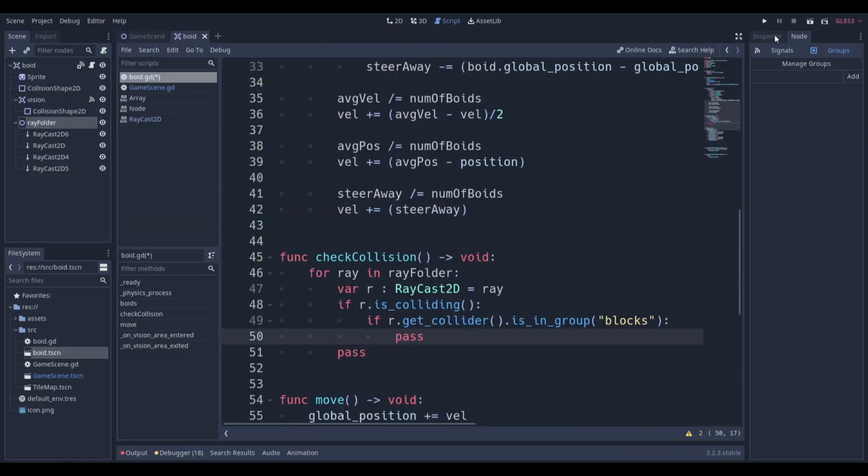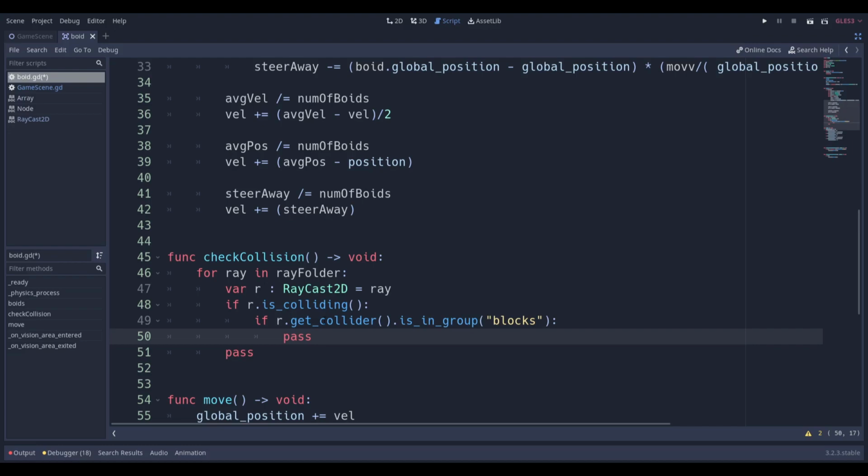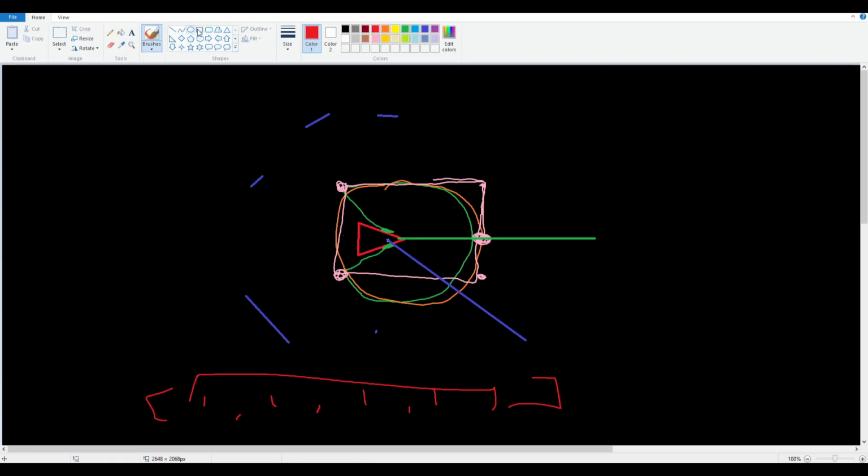And then what do we want to say? Well, we want to say something like, let's go back to Paint. If the boid, let's say this is our boid over here, and let's say this is one of the raycasts that's shooting out and it's hitting this wall. We basically want to say, whatever raycast is actually hitting this gray wall, move in